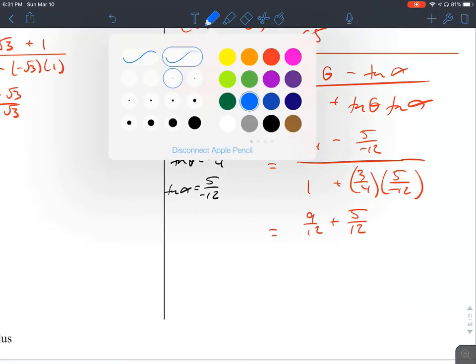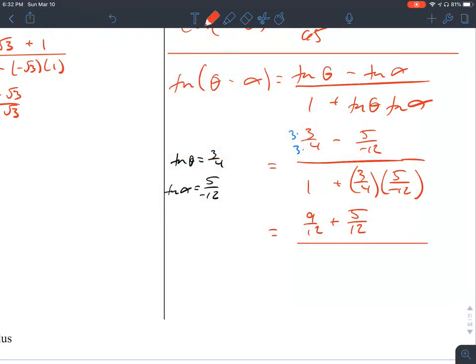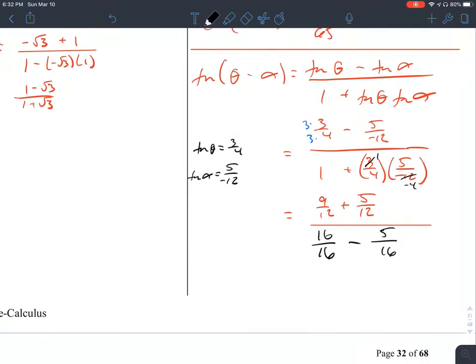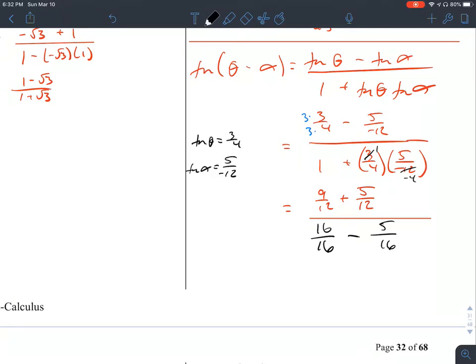And then on the bottom, I can simplify this a little bit. I can say divide 3 by 3 goes once, 3 goes into this, negative 4 times. It's going to give me 5 over negative 16. I'm going to change this 1 to 16 over 16. I'm also going to move this negative to be here. So it's 16 minus 5. And then that's going to give me 14/12